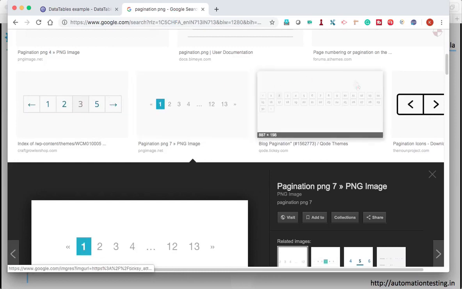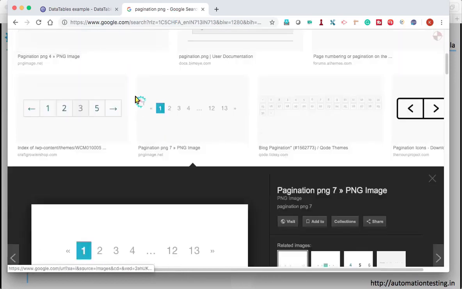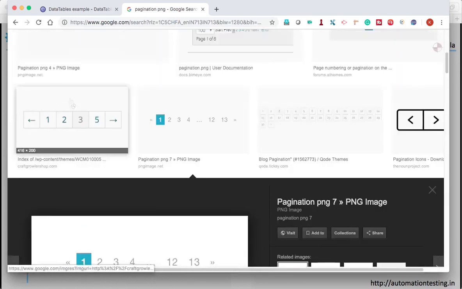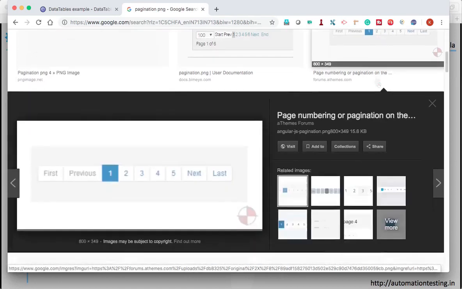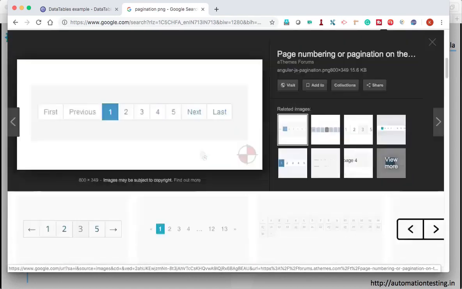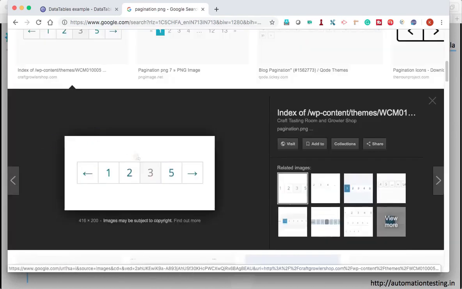And we have different types of paginations. If it is simply something like this, 1 to 5 and the next button, or 1 to 5, next, last, then a for loop will work.